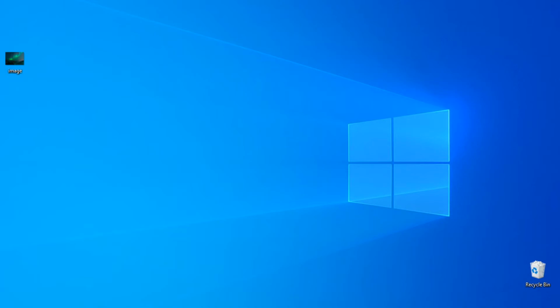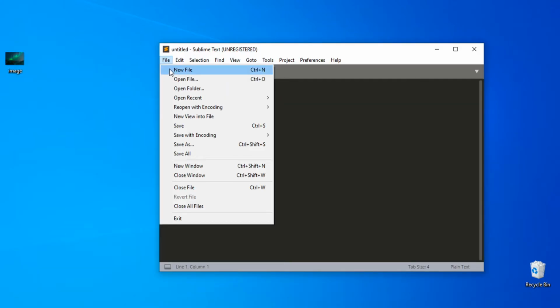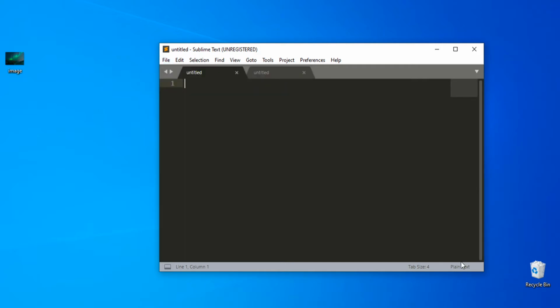Hey guys, today I want to talk about text in CSS. Today I will create a text with 3D dimension. So you need to open the Sublime Text editor and create two files, an HTML file